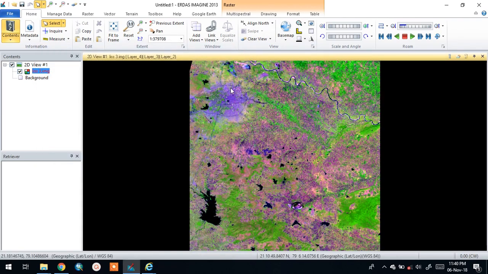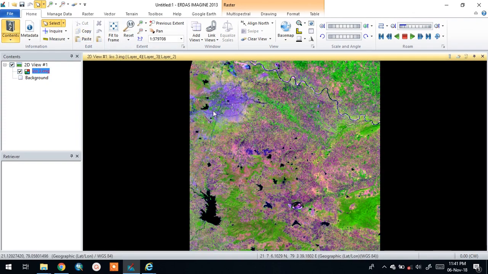So if you want to find out the spatial resolution of this image in meters, first we need to reproject this image into any coordinate system which has units as meters. So now I am going to reproject this image first.